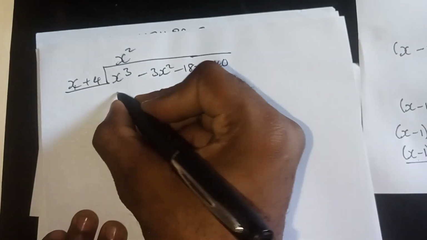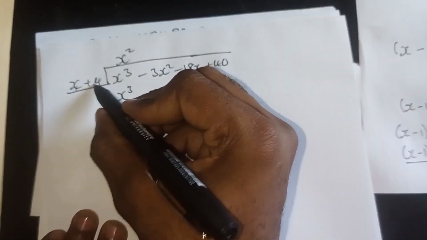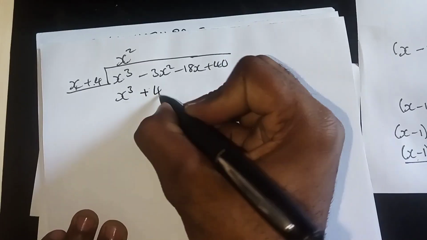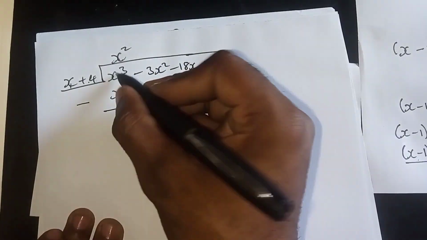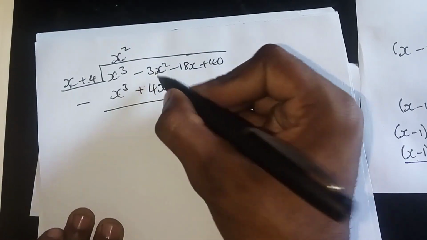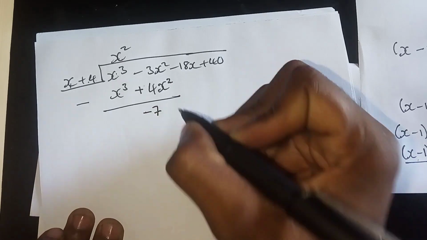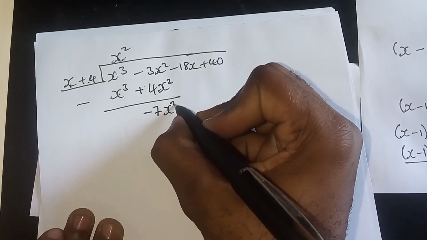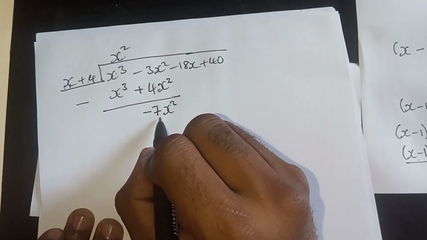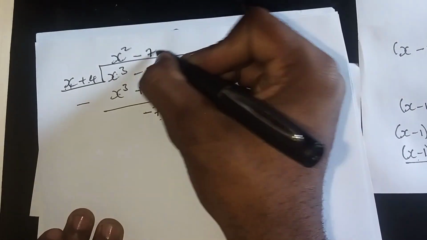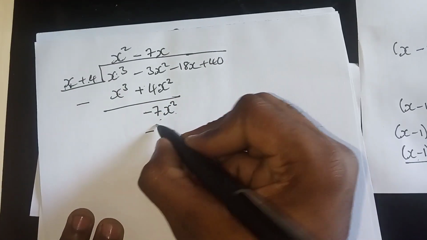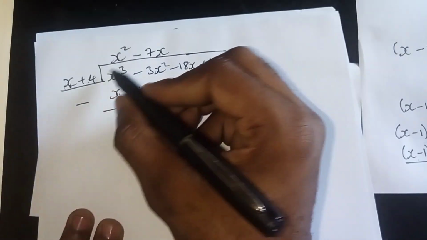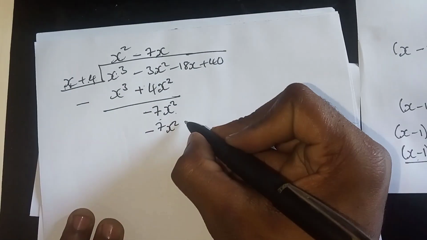This times this is x cubed, then this times this is positive 4x squared. Then you subtract: this minus this is 0, this minus this is negative 7x squared. Then x into negative 7x squared would be negative 7x. Negative 7x multiplied by x would be negative 7x squared. Negative 7x multiplied by 4 would be